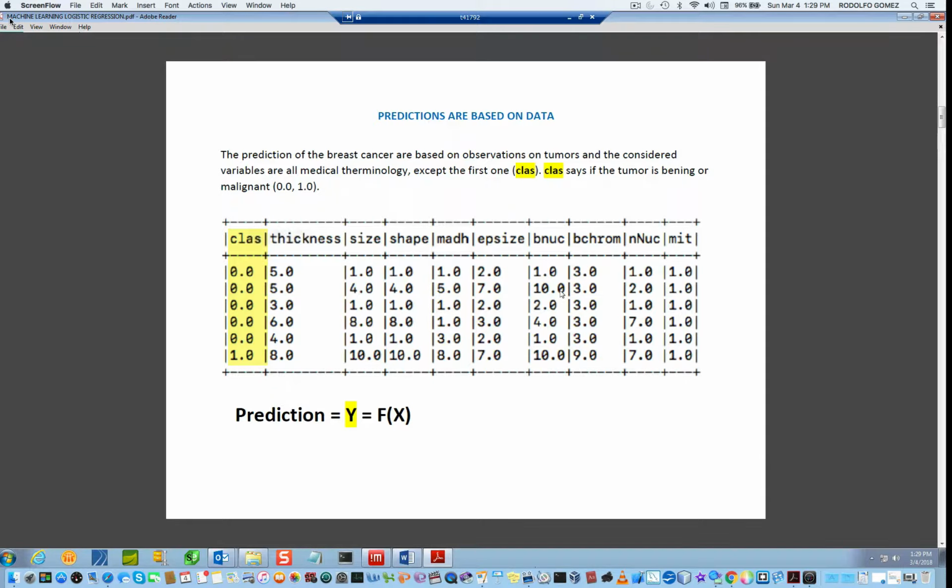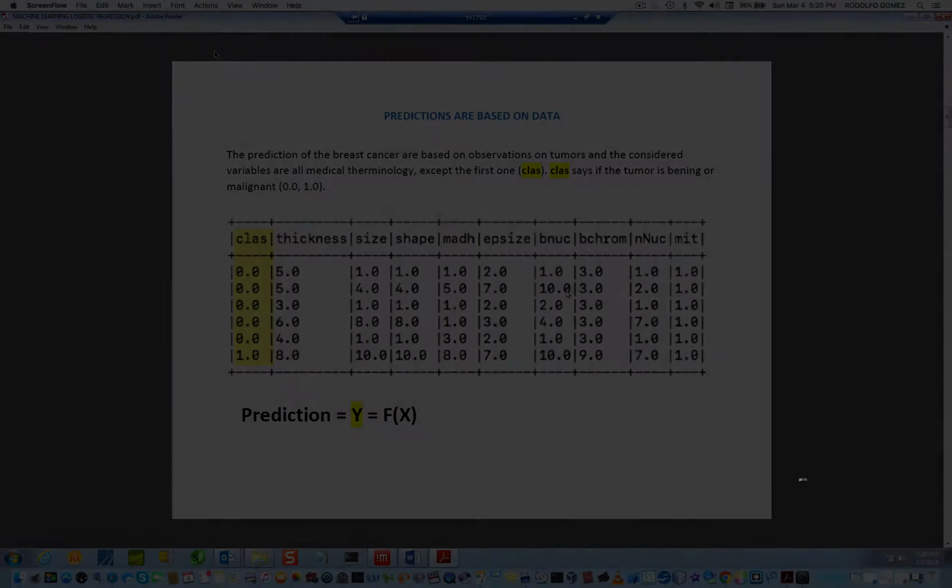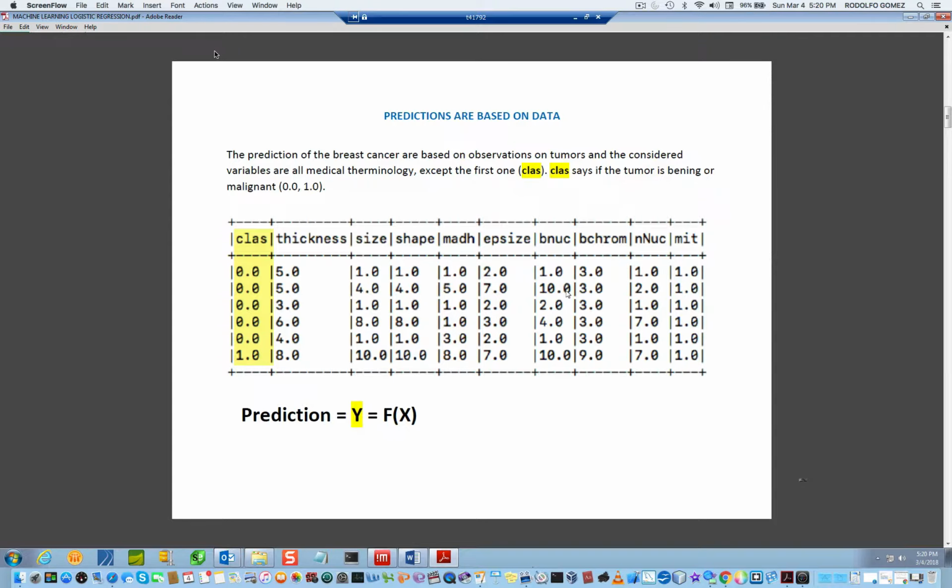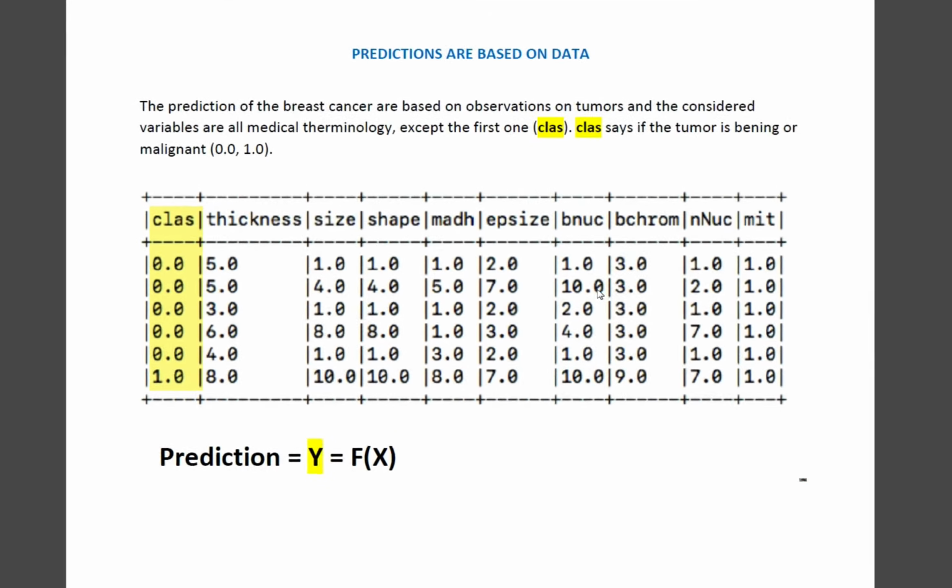All the algorithms or methods that we saw in the previous picture require data to do their job. Without data, it's impossible to do any prediction or classification or whatever you want to do with a machine learning algorithm or program. The selection of the right variables is very important. We can see here in this example